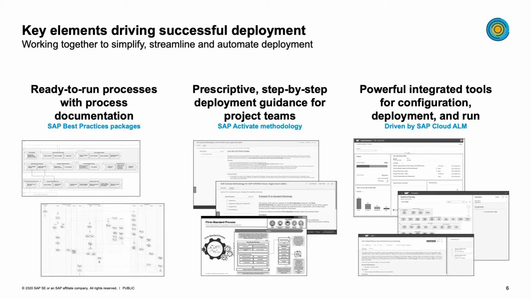The second component, Activate methodology, comes with a hierarchy structured around the 6 phases of the methodology. We'll see a little later in the presentation. We have a set of tasks in each of those phases that are structured into a set of deliverables they're completing during the project. And each task has prescriptive procedure for the team to follow, or for the individual that's executing that task to follow. And it's enriched with accelerators that can be templates, examples, or links to the tools that you then use to